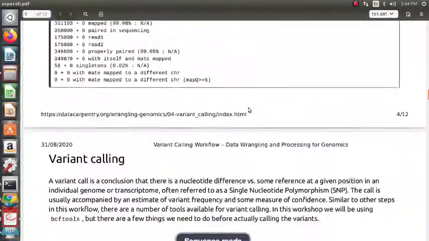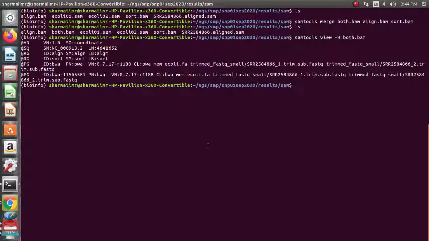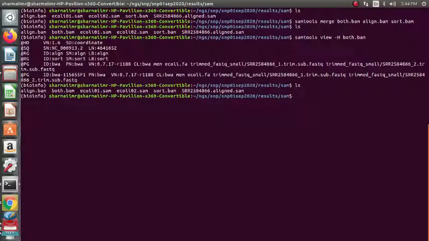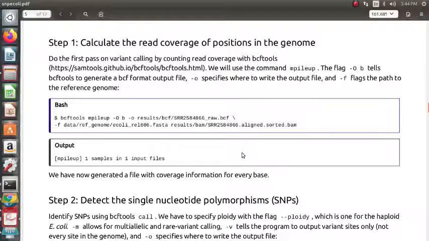Okay, coming to the first step, bcftools mpileup. So with ls we have both.bam, so let us do that. Fundamentally, for the BCF file, that is the output, we have to give the input as align.sorted.bam.